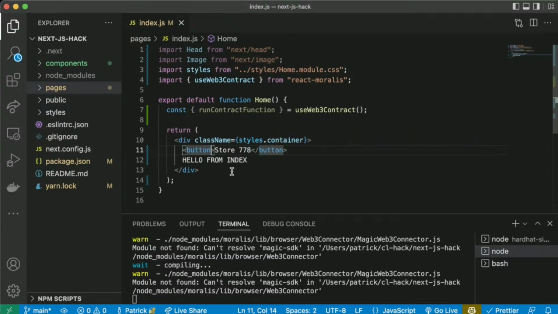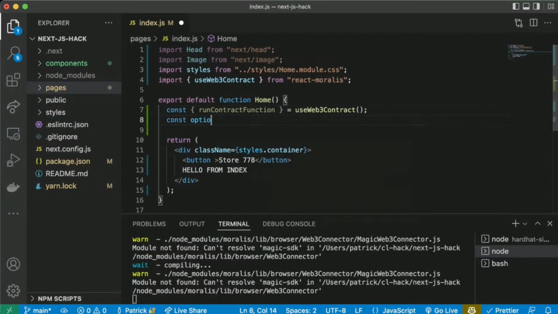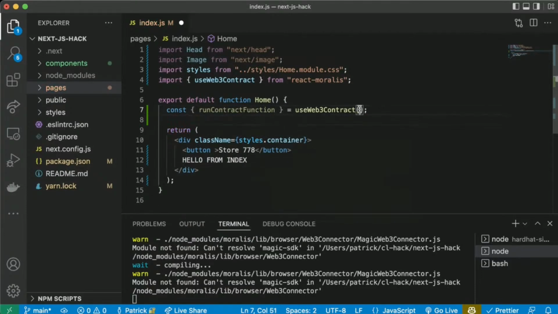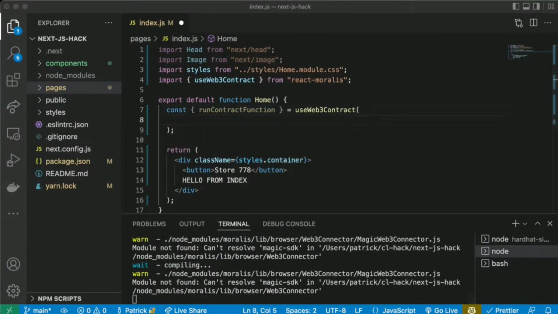We can do that. So we'll say button equals Store 778. We're going to do const options. Actually, let's just do it. We're going to have runContractFunction just have all of the options in it automatically. So to work with this,